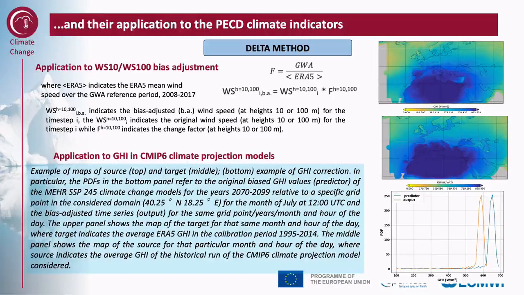In the climate projections, the delta method has been used to adjust the global horizontal irradiance. First of all, the averages of the source and target dataset have been calculated and are displayed in the top and middle map. Then, for each grid point, the predictor time series has been corrected using the delta factors. The original predictor and the corrected output PDFs are displayed in the bottom panel. The effect of the displacement of the mean of the distribution of the predictor due to the correction is clearly